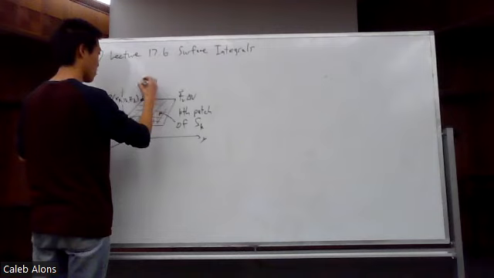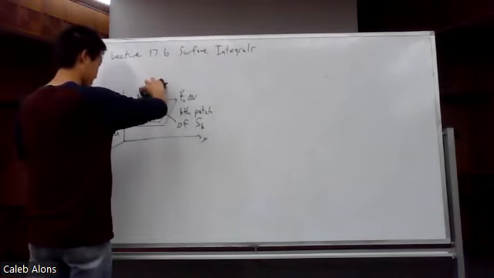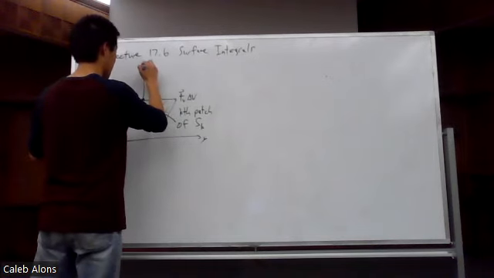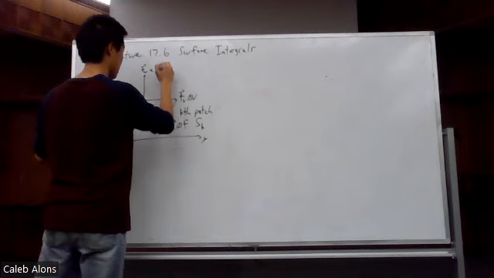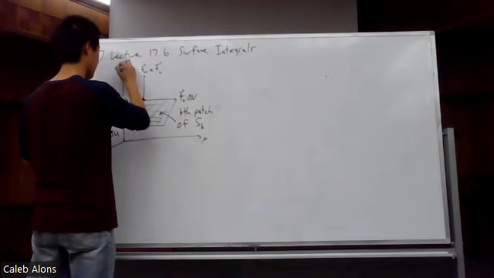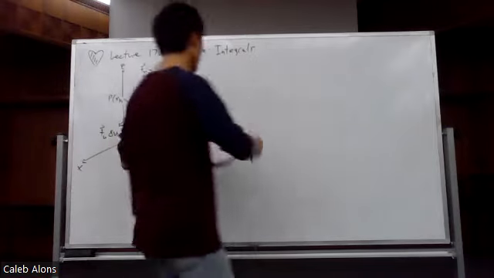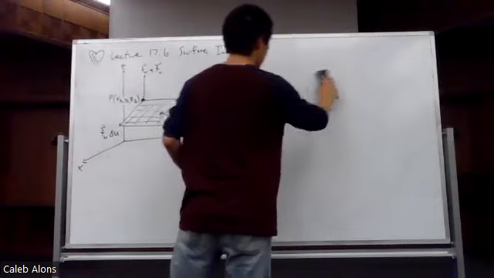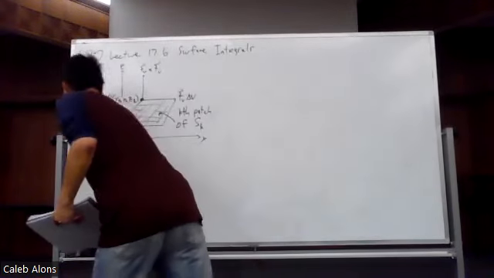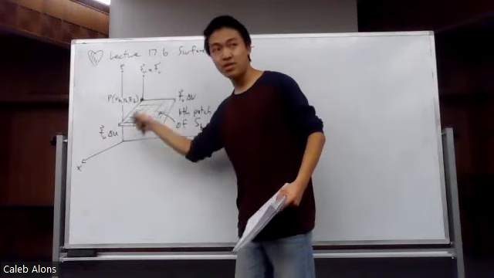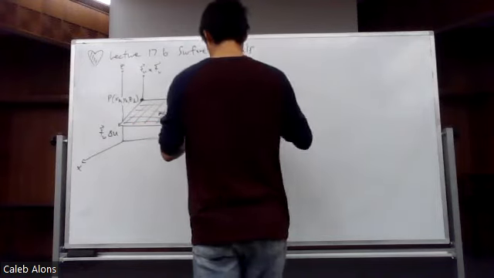Accidentally erased the one part of the picture I needed for the next part. Let me just redo the plan. Okay, this is TU cross TV. So now there's a formula that relates the cross product to the area of a parallelogram. We have two vectors and their cross product, and this area, essentially the magnitude of this area here. And so the area